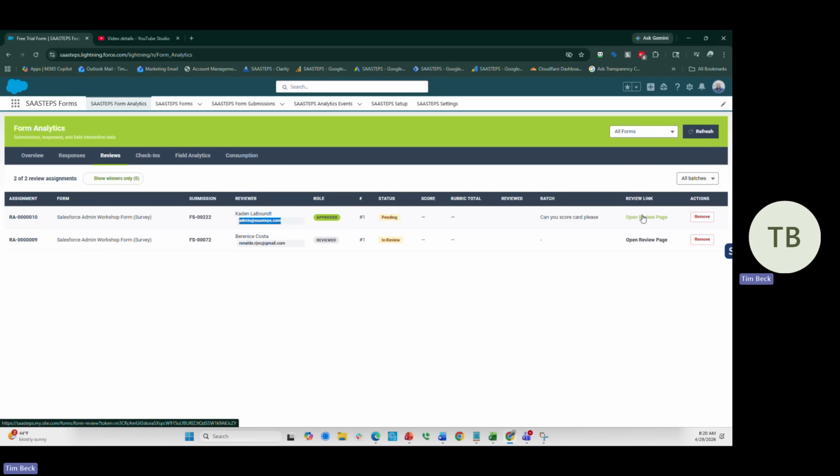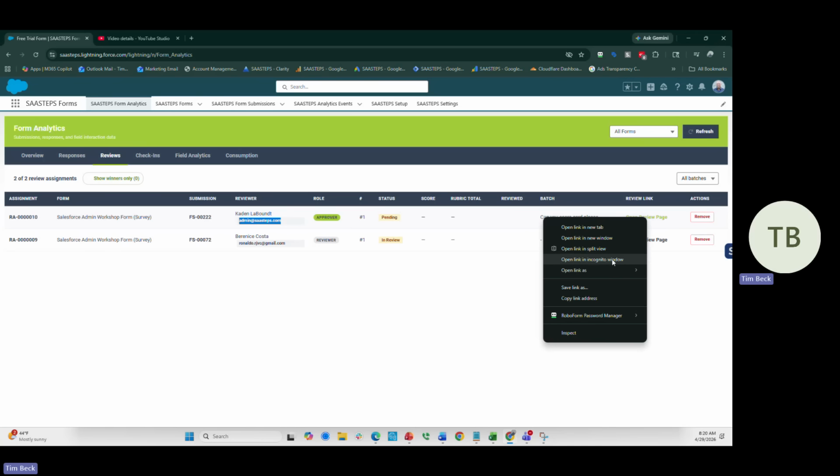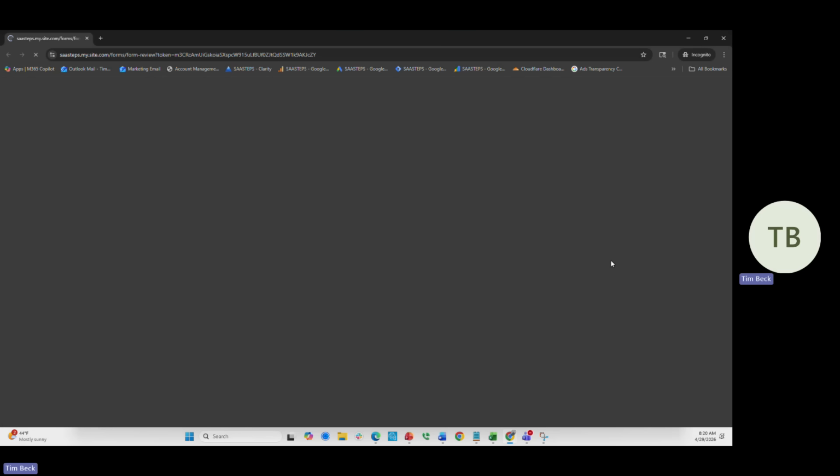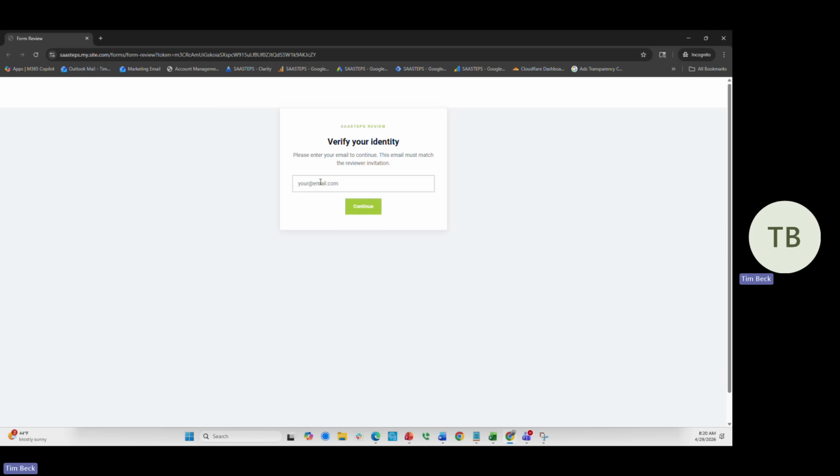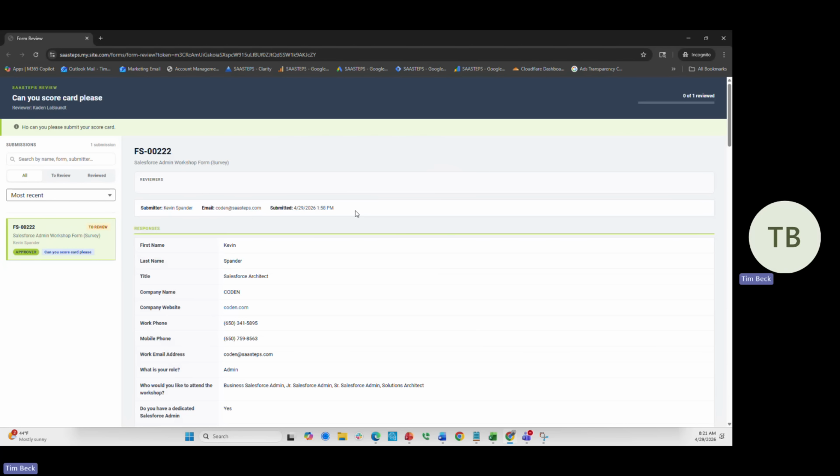And so this is the view for me as an internal person, but this is the same view that basically Caden would have received in her admin at SAASTEPS environment. So the reason why I'm using an incognito window is really just to show that we do not need any Salesforce licenses to get access to this information. What we do need is the email that's on file, which is actually connected to the token that's been encrypted here for this actual site. And so I'm going to connect in here,